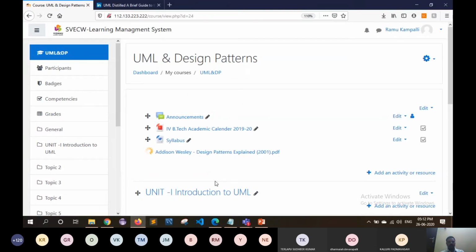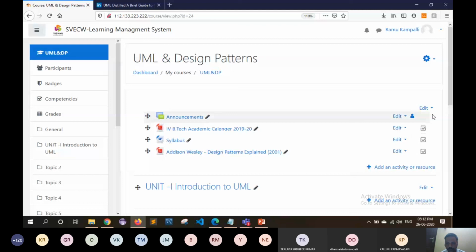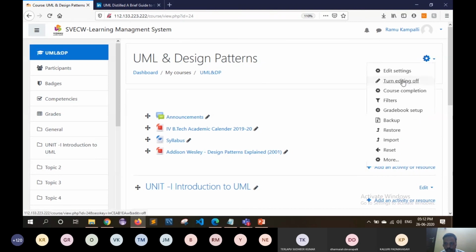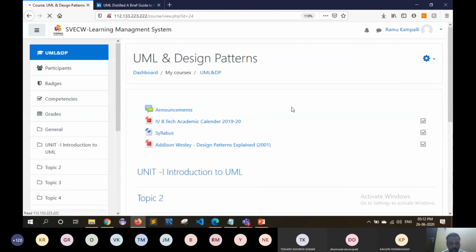This is the way to add different kinds of files into the first section of the course. Now I turn off editing, then everything is cleared and all these files have been fixed.